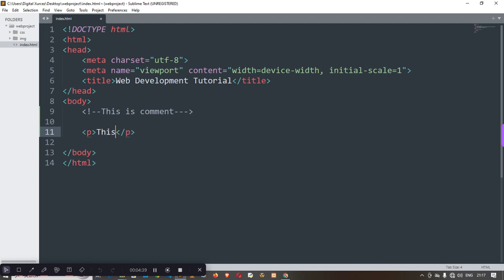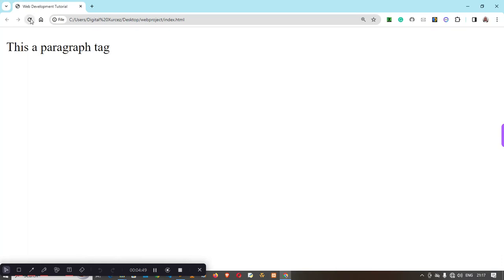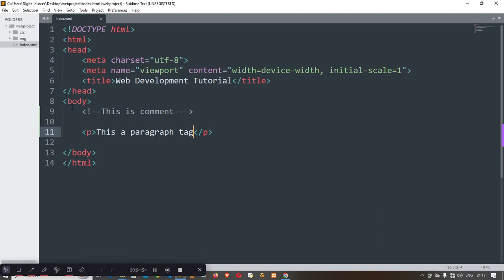So you can say, this is a paragraph tag. Okay, Control S, you come here and you see, this is a paragraph tag. So that's that. I've introduced you to the comment tag, and I've introduced you to the paragraph tag. So the next tag I want to introduce you to is called the